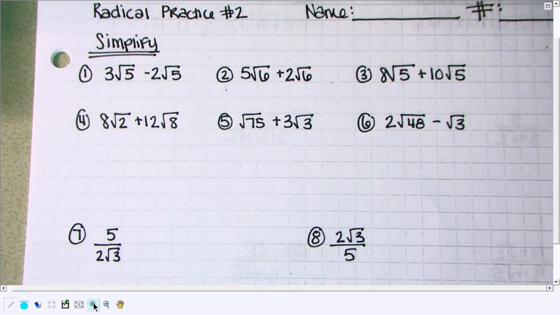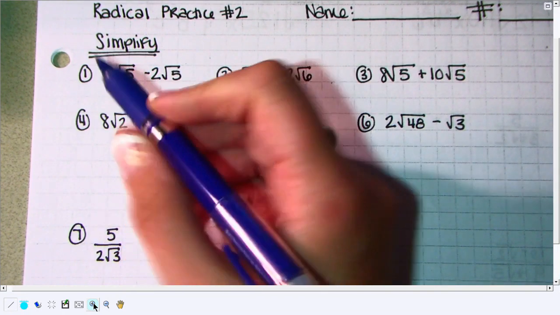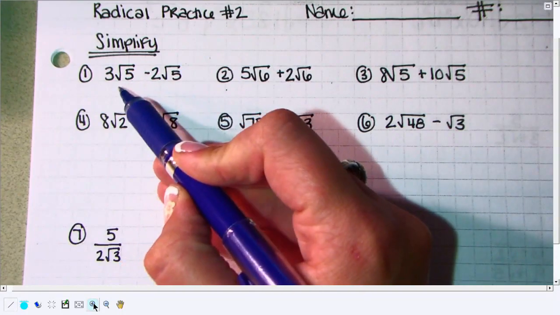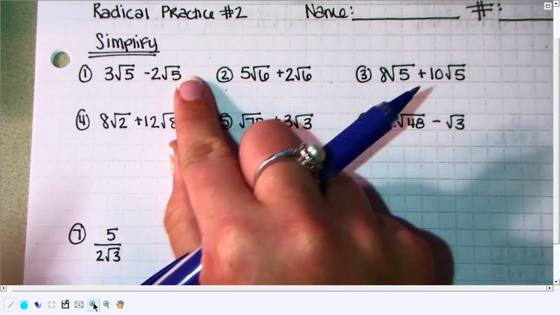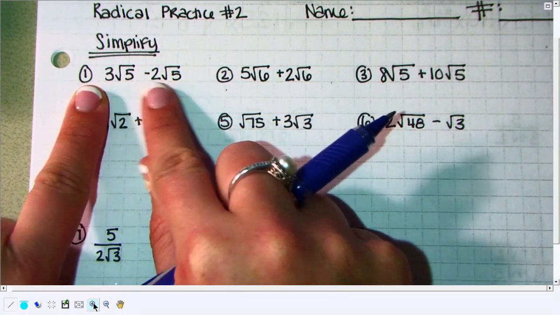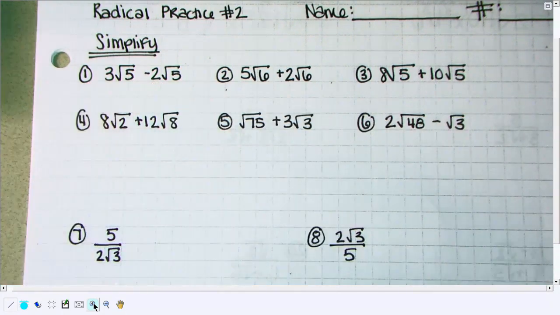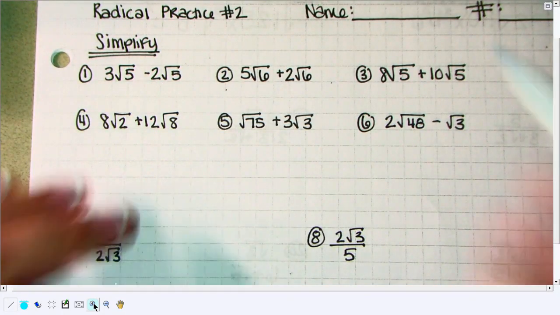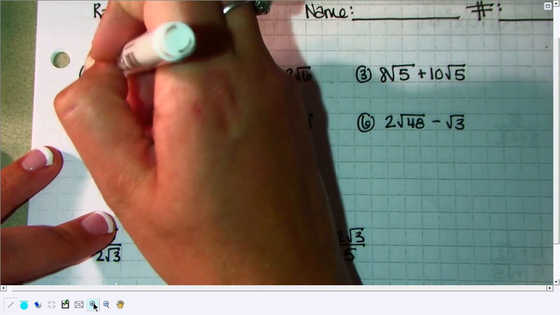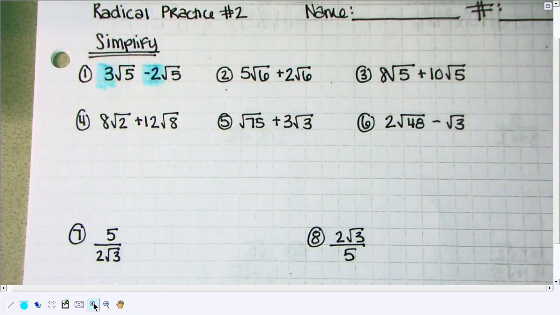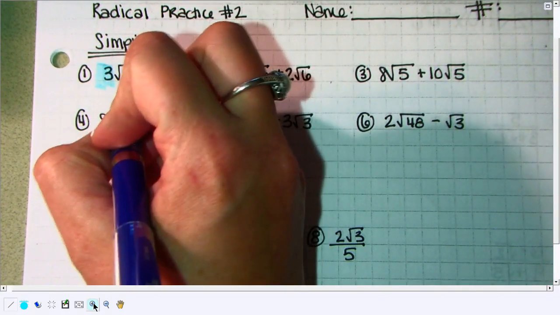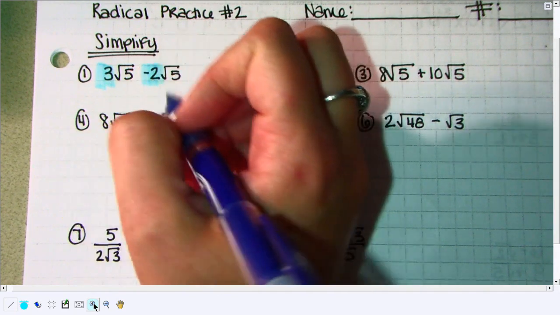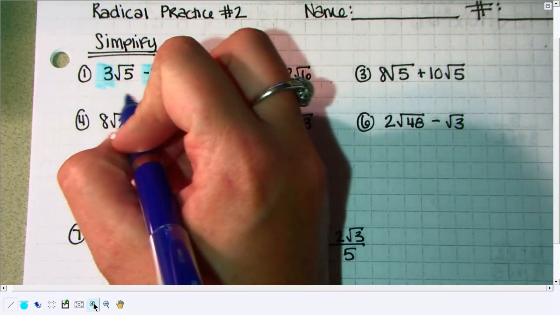The thing about adding and subtracting radicals is you have to look underneath the square root, or the root value. So looking underneath, I have the square root of 5 and the square root of 5. These are like terms, meaning I can just focus on the values that are in front. So basically, since these are identical, I'm going to just do 3 minus 2. 3 minus 2 is 1